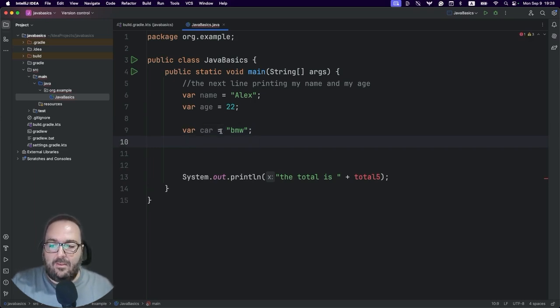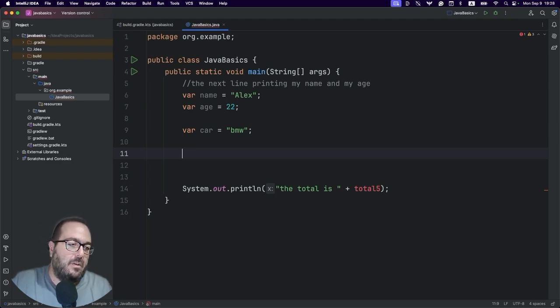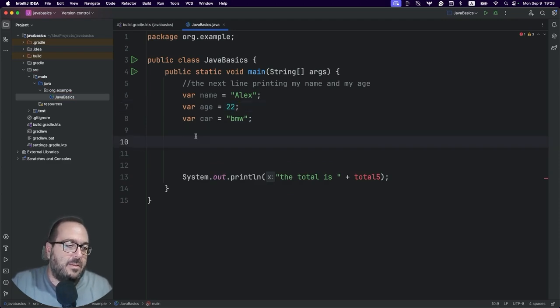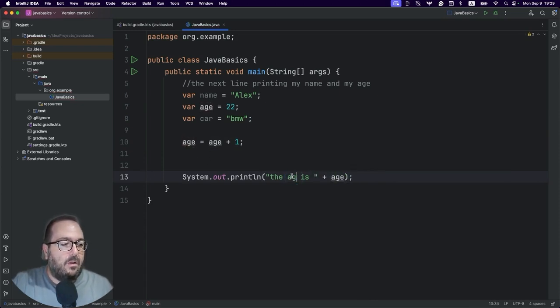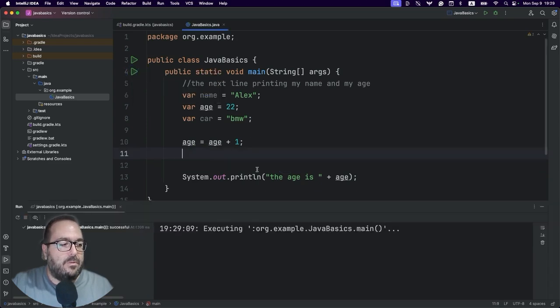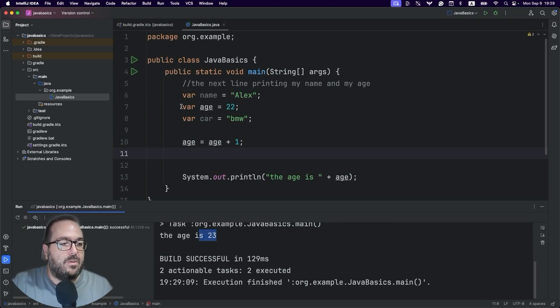Now, except from assigning, there are assignment operators that do more than that. For example, we have the variable age, which is 22 in line 7. Let's say that we want to increase that one, right? So instead of doing age is equal to age plus 1, so we are increasing the age, and we are going to output that so we can see that. I will run the app. So this is going to say that age is 23, because on line 7 we said that the age is 22, but at line 10, we increase that by 1.